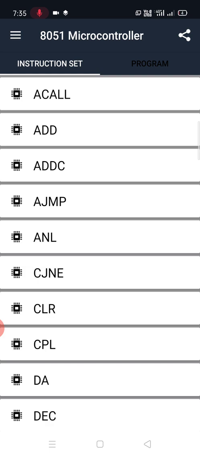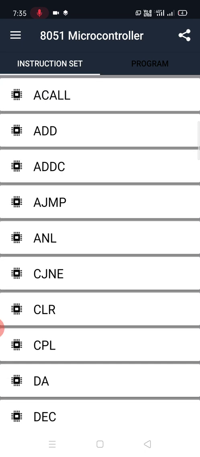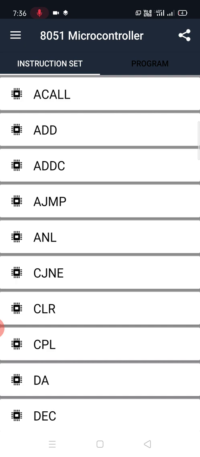8051 Microcontroller is one Android application. Go through the Play Store for the 8051 microcontroller application. In this application you can see all the instructions of the 8051 microcontroller.